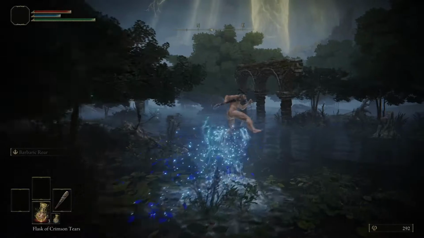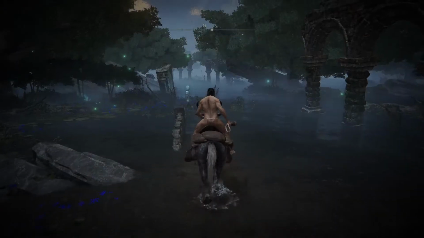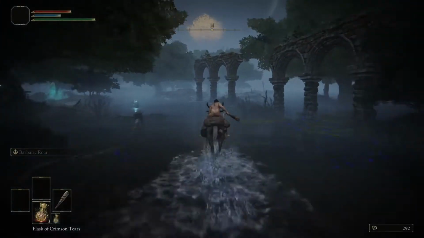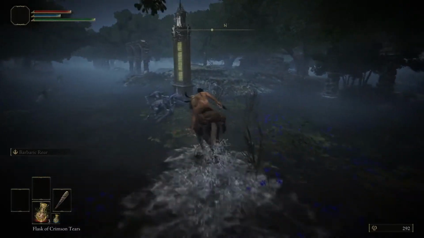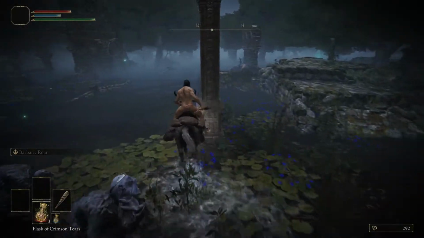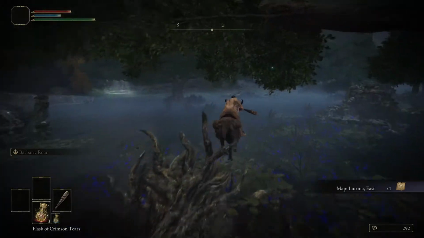So I'll light that bonfire, and then again, see, this is what I was talking about earlier. There's an obelisk here. So if we just follow along here, there it is. So what I like to do here is, you know, wake them up a little bit, get them going towards me. Makes it a little bit easier. I grab that map, and then we're gonna head straight west